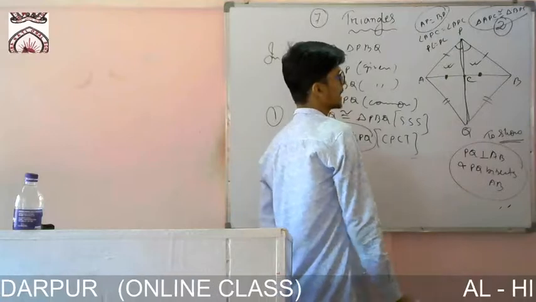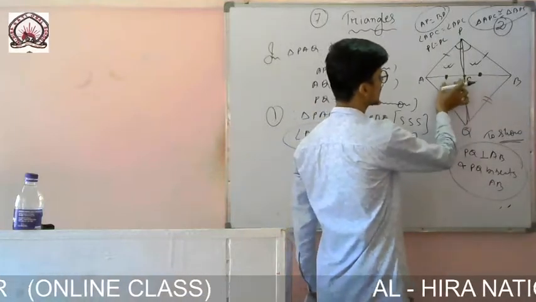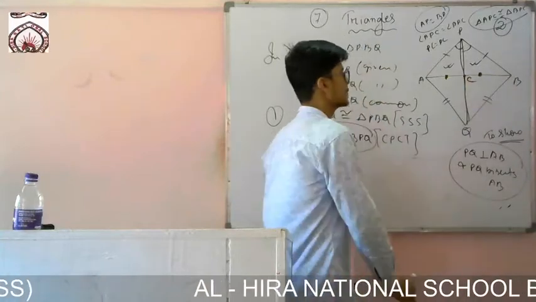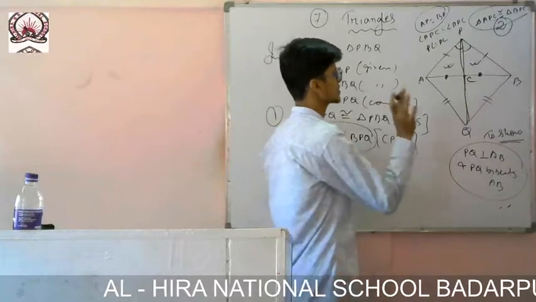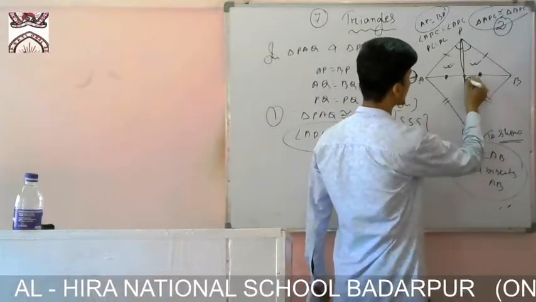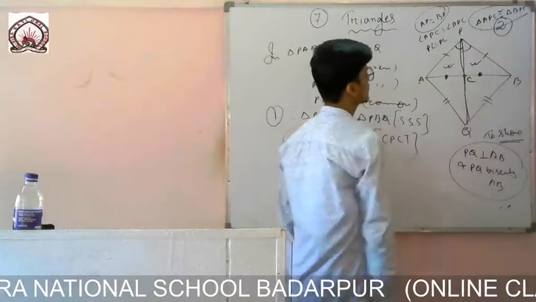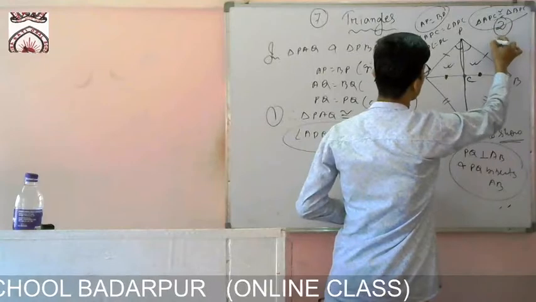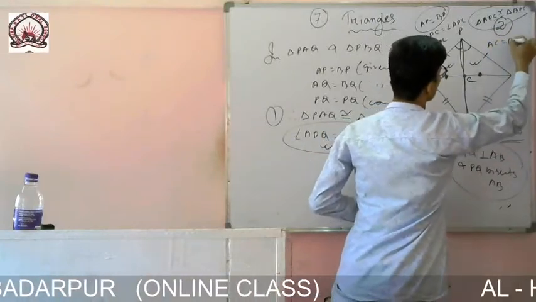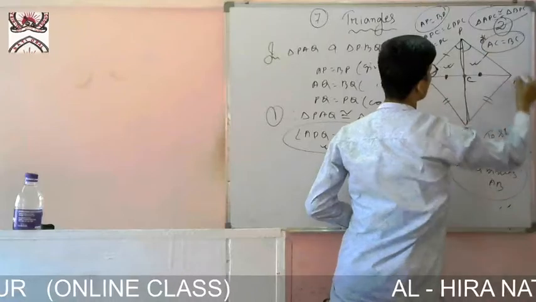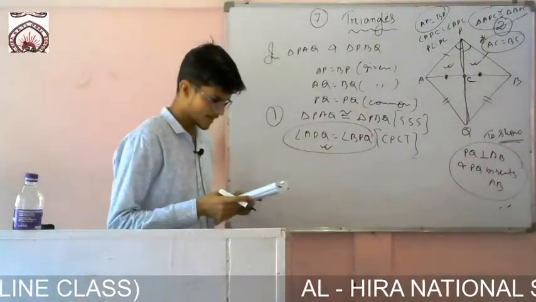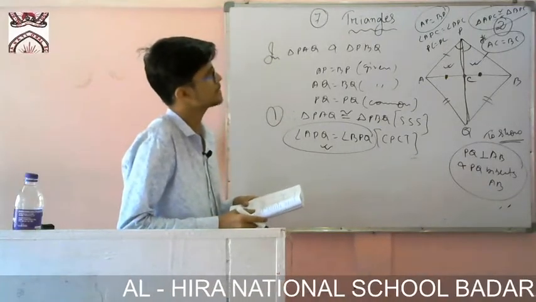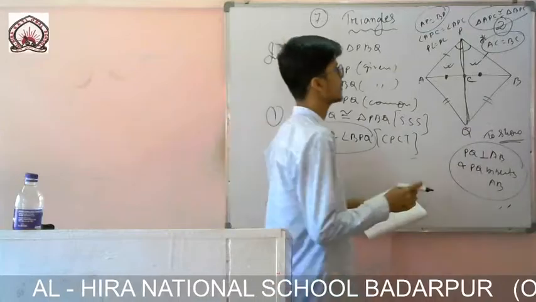Okay, one sum I have done earlier. If you can recall, I have proved that AB is equals to BC, and I have written that this C is the midpoint. There I think M was there, or something. So I have written that that one was the midpoint. So if this is the midpoint, that means this PQ line bisects that one. So after writing this, what we have shown is that AC is equals to BC. I have shown. So now if AC is equals to BC, and another one I have written that ACP is equals to BCP. This one also by CPCT.